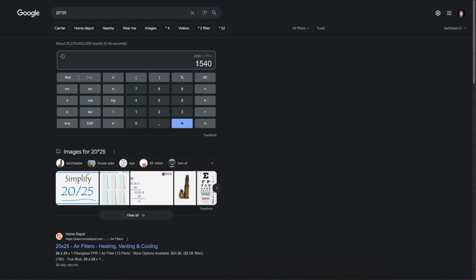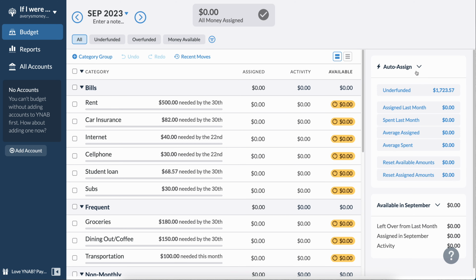So if I worked $20 an hour at 25 hours a week, I'd probably take home closer to, let's see, after taxes and deductions, more like $1,600. So that doesn't cover it.